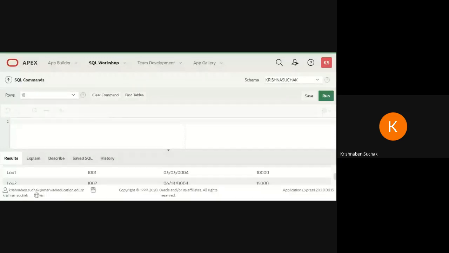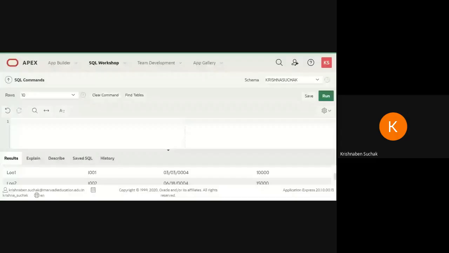The fourth query is add amount 5,000 where loan number is L003 and L002. So I will be updating the amount, but only for two records, that is L003 and L002.